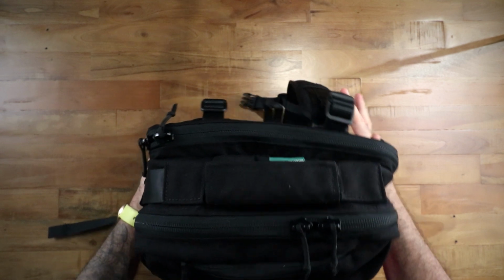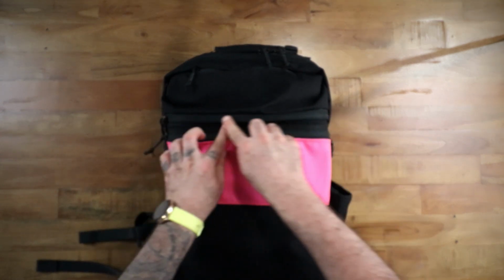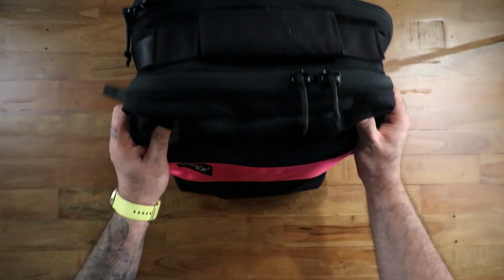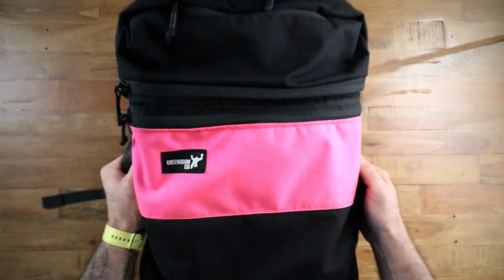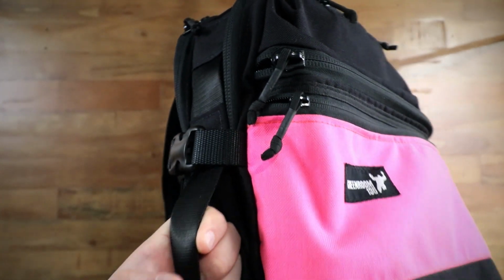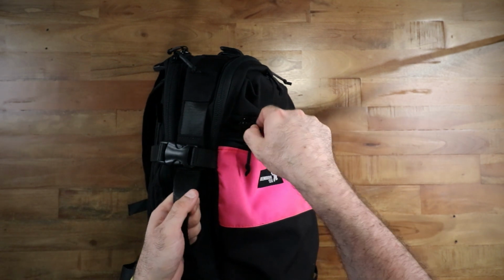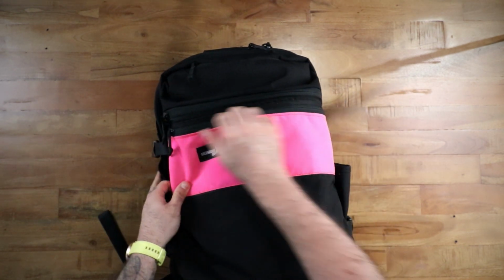Now, the regular version of this bag has 3 compartments, as I mentioned. There's this front one here, there's the middle one here, and then the laptop one. Now, the front one goes here, and these zippers are very nice. They're number 10 YKK USA made zippers, reverse coil, and they feel...